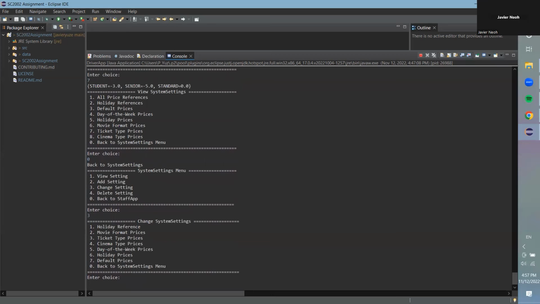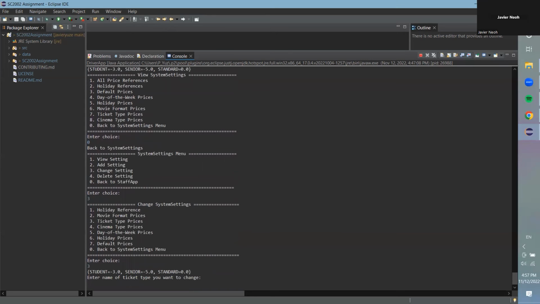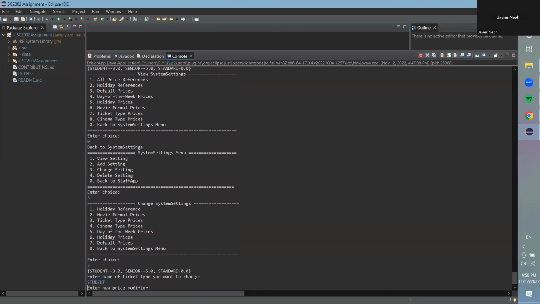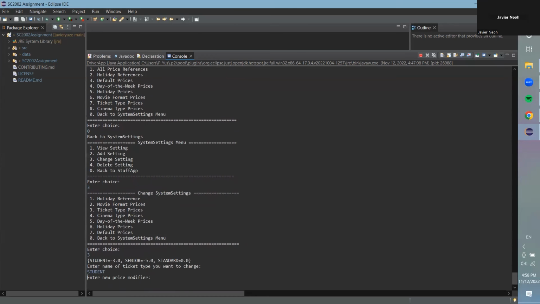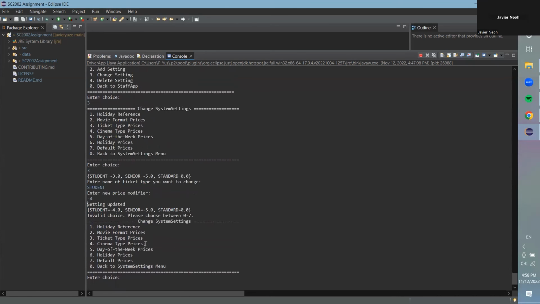So we'll go back to the ticket type prices. So for now, the current price for student is -3. So let's try to change that. So we'll change it to a new price, let's say -4. Okay, so now we will go back to, as you can see, the settings has been changed from -3 to -4. And we will go back to the system settings now,